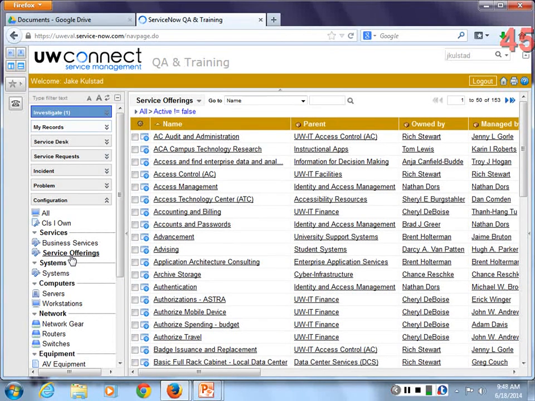This is going to show all of those configuration items, those services you have as an option when you first log a record. So this is what you'd have to type in. If you're in advancement, you'd type in ADV. And you would, well, yeah, you'd get advancement advising. Right? So this is how you learn what to type. When you choose a service offering, as you scroll to the right,